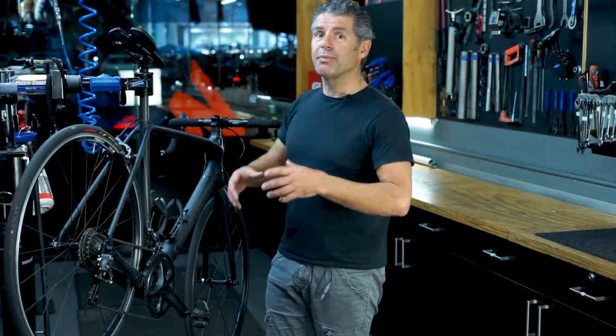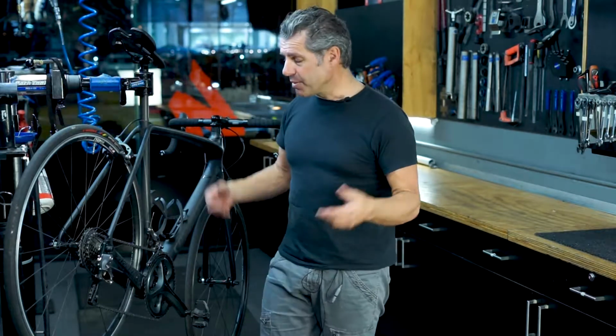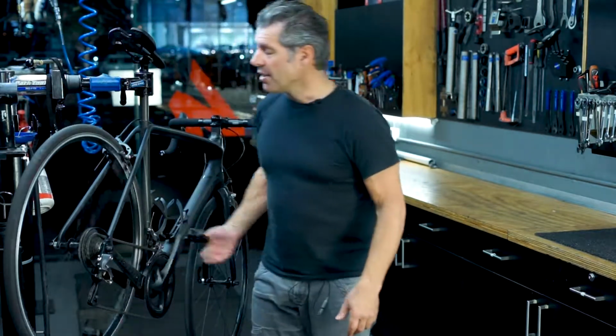We're really equipped with all the tools that we need to do this work, but we're going to do this job with just a few simple tools, just a quick safety check. Before we work on anything else, we need to make sure the bike is rolling. So we're going to do the wheels first. And it's really simple. We just need to make sure that they are straight,